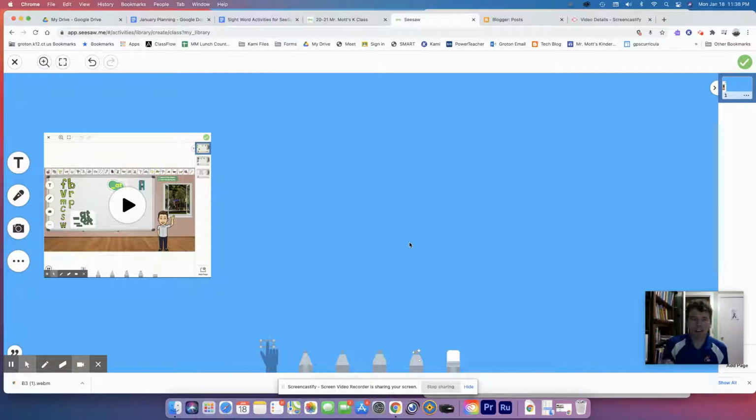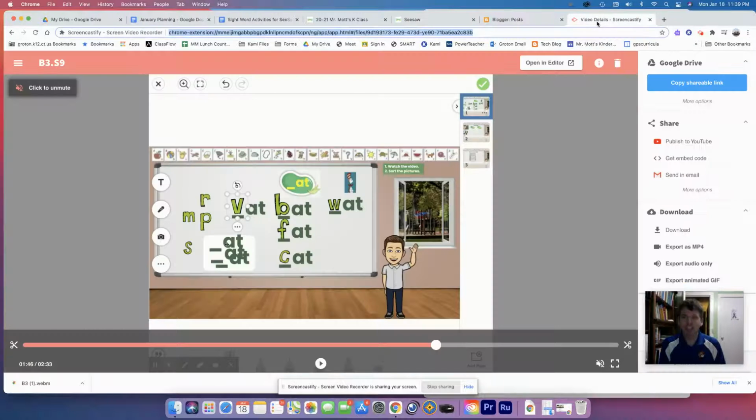Keep in mind that this is great if your videos are more than 5 minutes, because Seesaw limits to 5 minutes when you use their tool, but your video file size can't go over 250 megabytes. If it goes over 250, you can't upload it into Seesaw. So if you have that problem where you did all this work and the video is too big, here's a cheat. If you take a screenshot of a portion of the video like this,